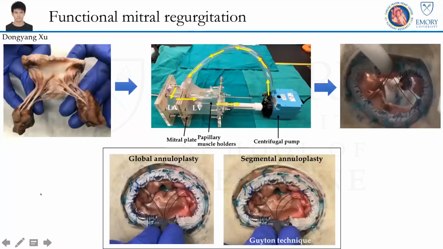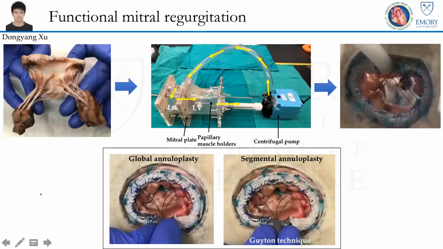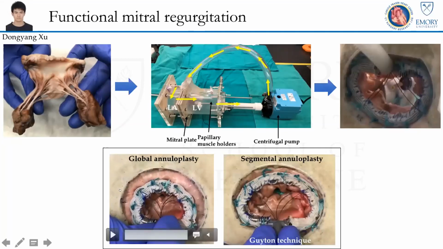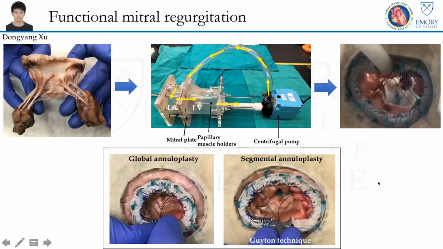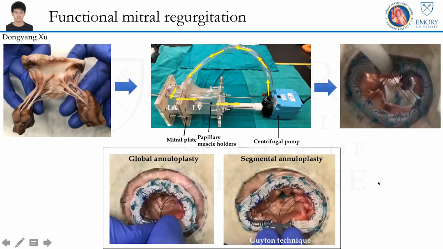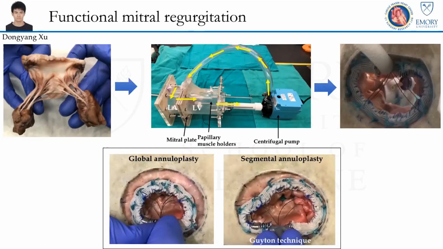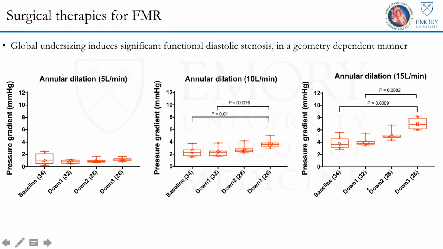We created different degrees of downsizing by using this adjustable annuloplasty system, which is a global adjustable annuloplasty ring to mimic different sizes. But we also developed a new technique based on suggestions from Dr. Guyton, where instead of global downsizing, we can do segmental downsizing by reducing specific parts of the annulus while keeping the rest of the annulus larger in size. We studied the impact of all of these two configurations of global and segmental downsizing on different types of situations